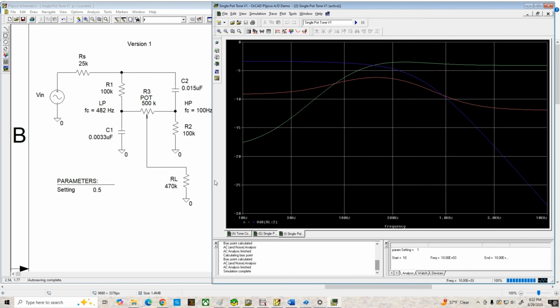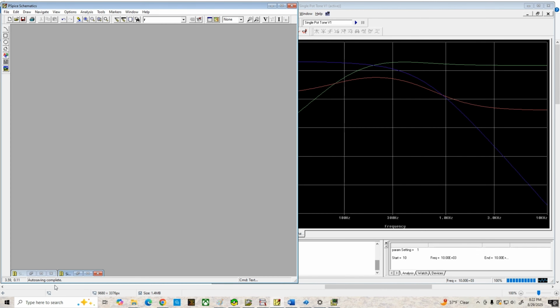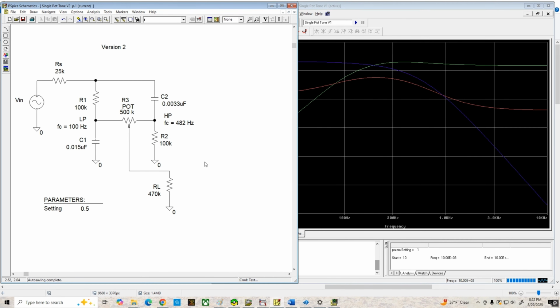What we'll do next is take a look at version 2, so let me minimize this schematic and pull that one up. And you can see in this case I've got the same source and load resistance, but I've just swapped the corner frequencies for the two filters. The low pass is now 100 Hertz, the high pass is 482 Hertz, and we'll go ahead and run the analysis here,